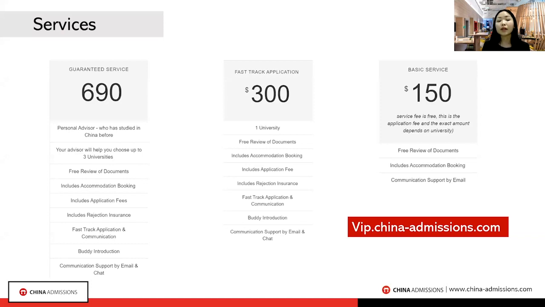And then aside from giving you free review of documents and accommodation booking, fast track of application, we'll also introduce you to a buddy, which means a student who is already studying in China, as your first friend. And also we are going to communicate with you by email, chat, or maybe do a call sometimes with you. And also what makes it so special is that it includes the rejection insurance, which means that let's